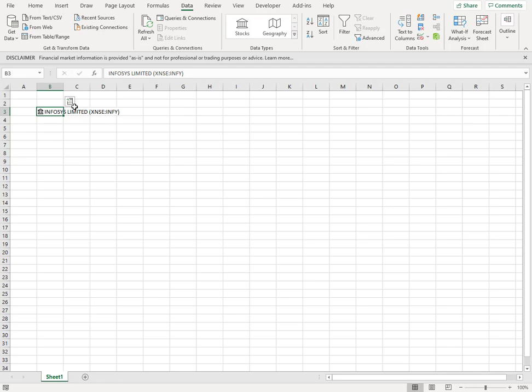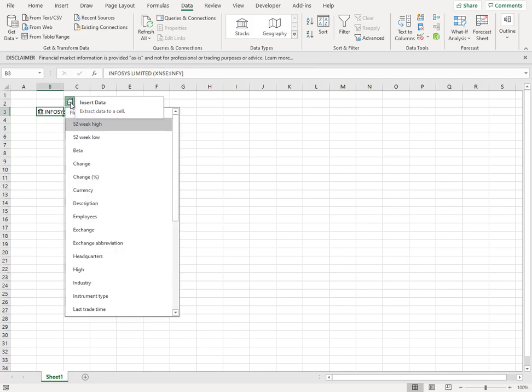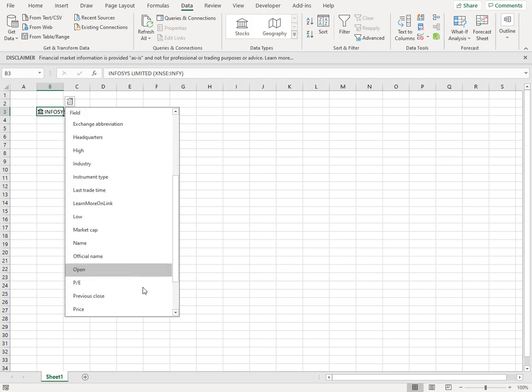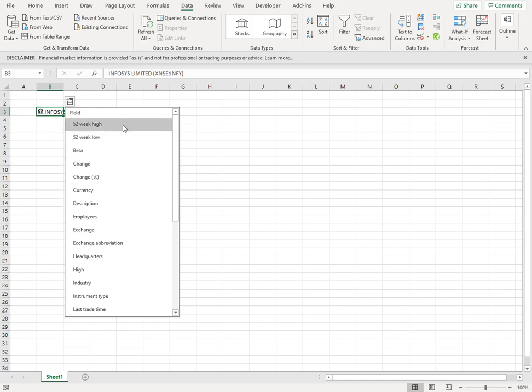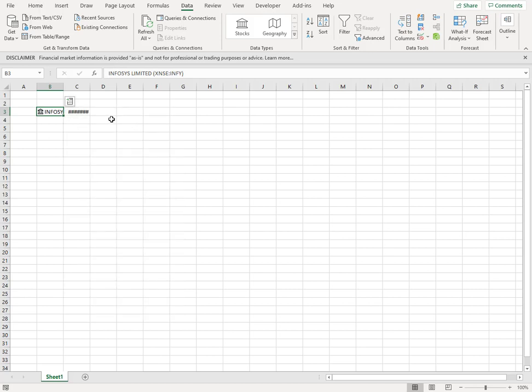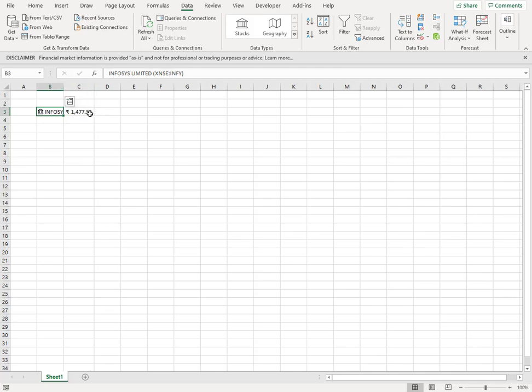Now the next step is this Insert Data field. When you click this, you get a drop down menu wherein you can find all the relevant fields or the values related to the stock, right? So let's say if I want a 52-week high, I can click on 52-week high and expand the cell. I get the value of the 52-week high, right?